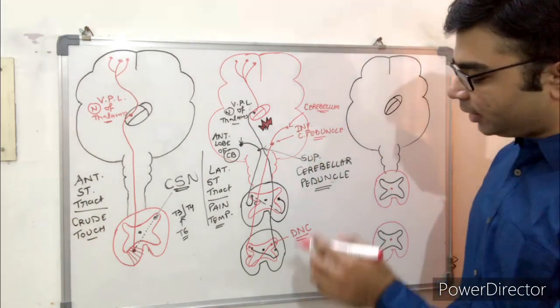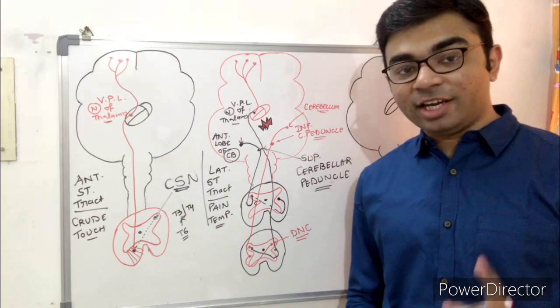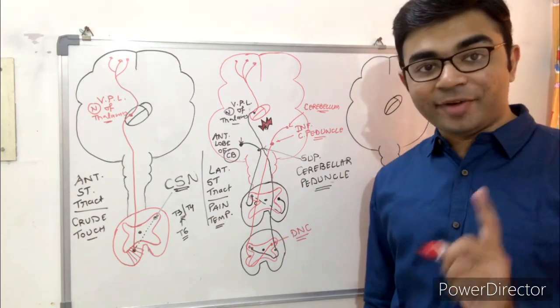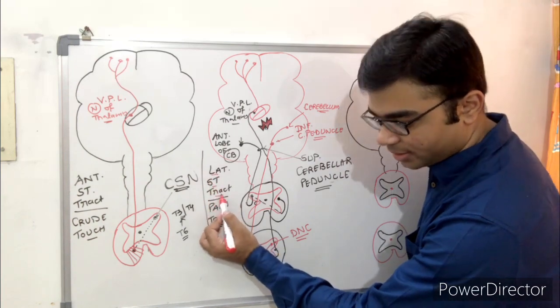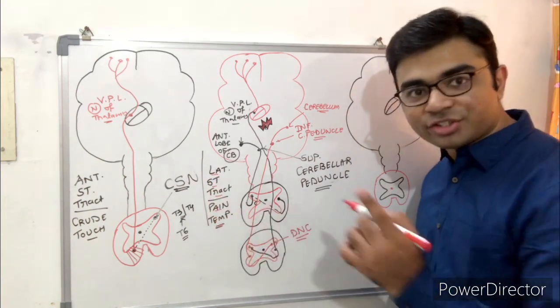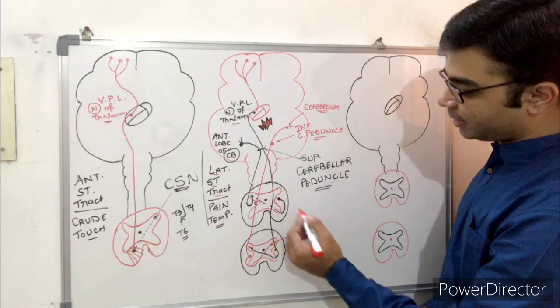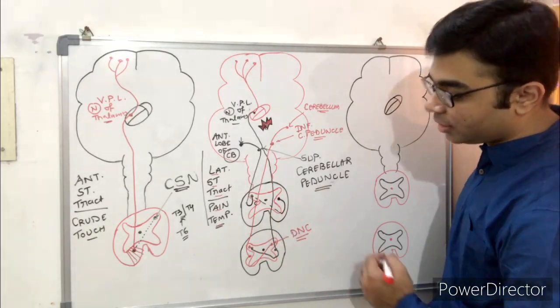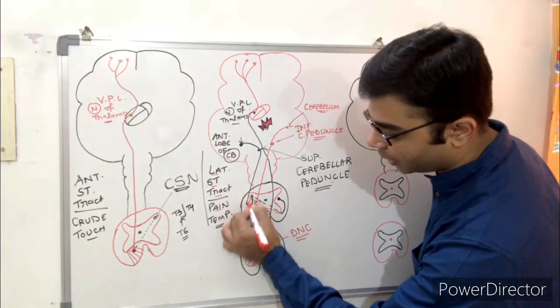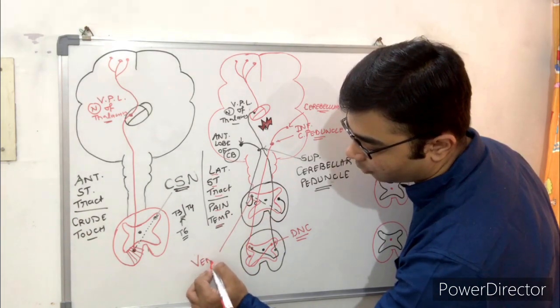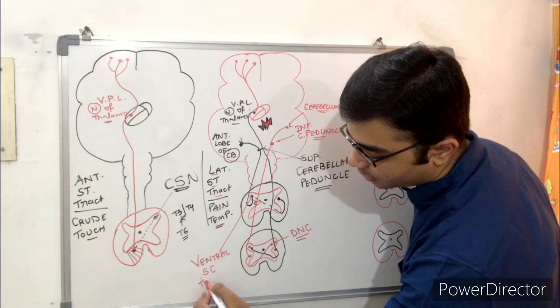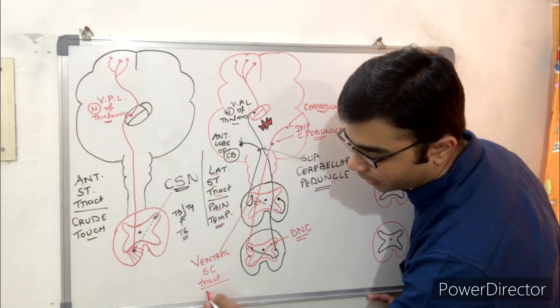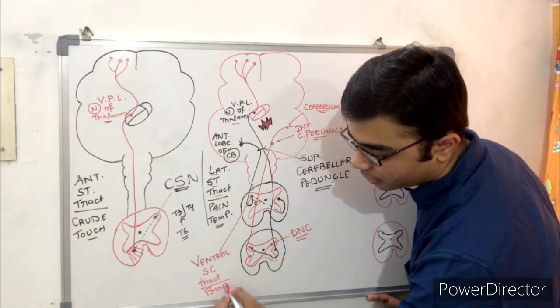So I can say there are three tracts which we have discussed in the lateral white column. The first is the lateral spinothalamic tract, carrying pain as well as temperature sensation. Next is the ventral spinocerebellar tract. Let me write it over here, the ventral spinocerebellar tract, carrying the proprioceptive fibers